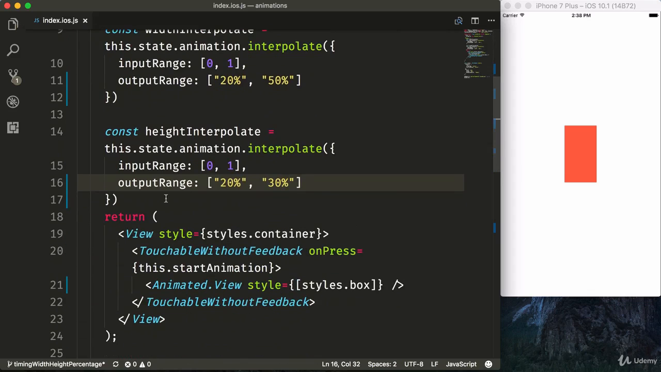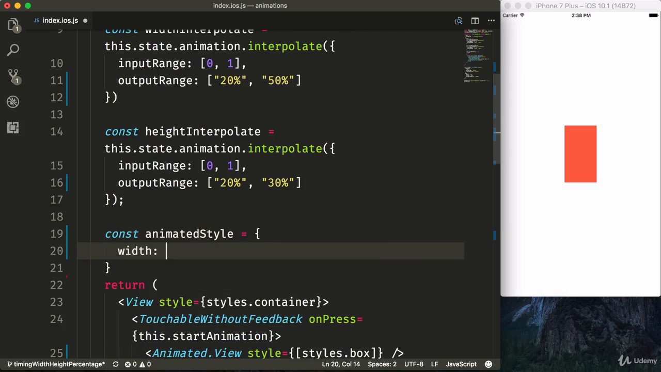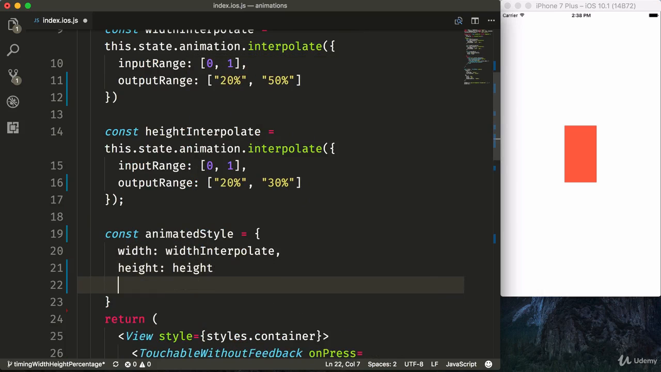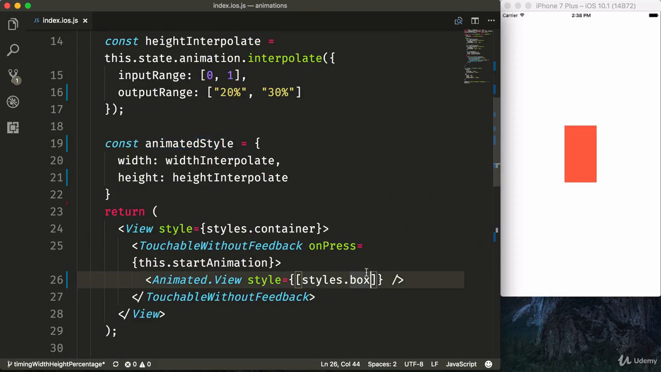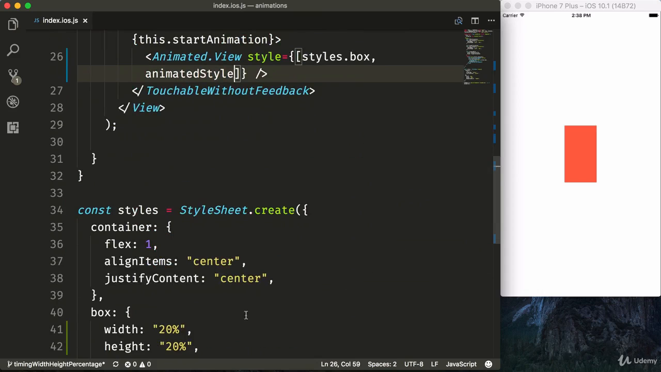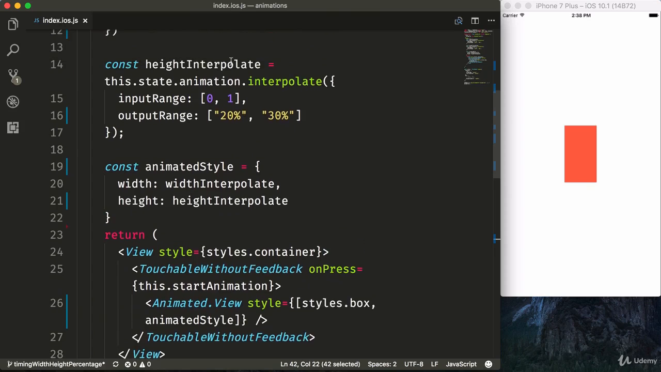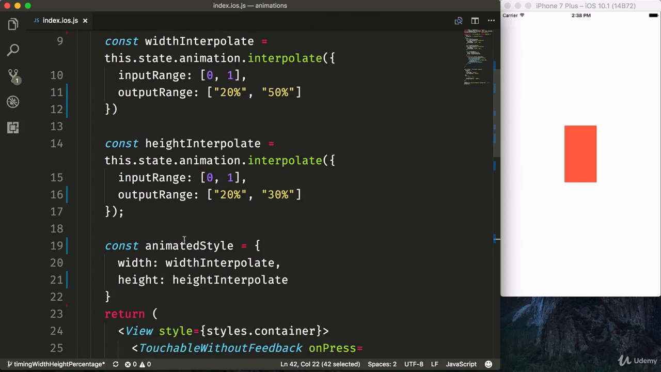And now with our interpolations, we will build out our animated style. So we'll say const animatedStyle is equal to width, pass in our widthInterpolate and height of our heightInterpolate, and then pass that into our box. And we already have width and height of 20% down here. However, we don't need that anymore because we have defined our percentages inside of our interpolation and inside of this